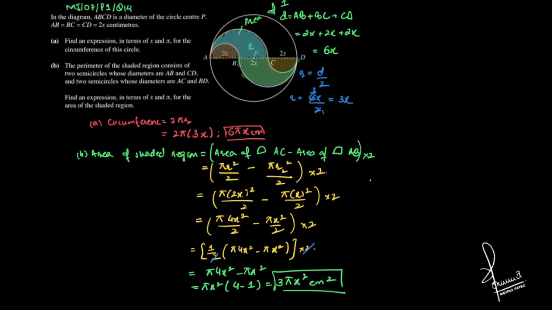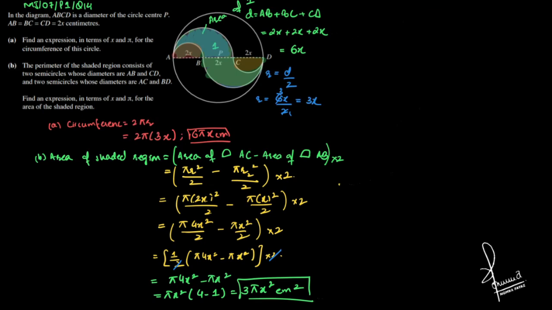So a new thing that we learned is the area of a semicircle. So this is the area of a circle divided by